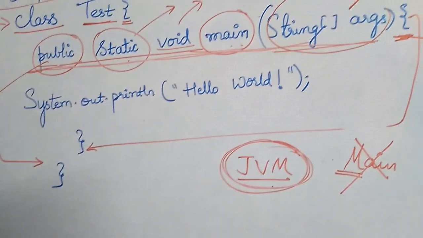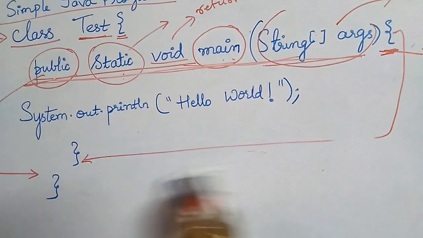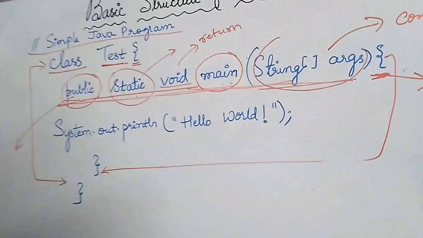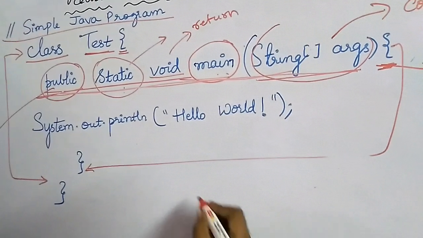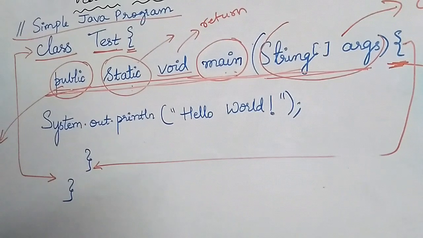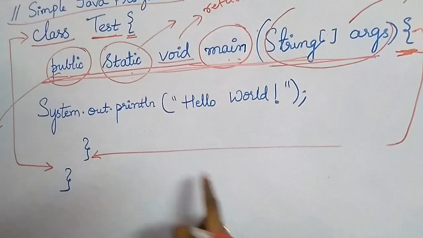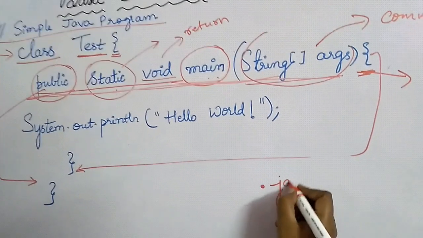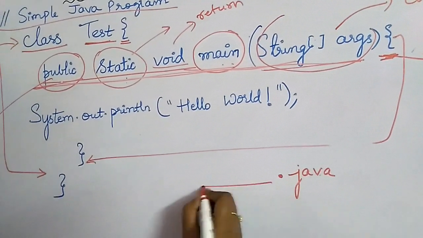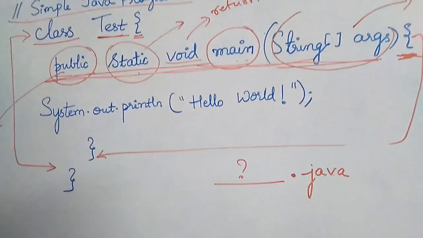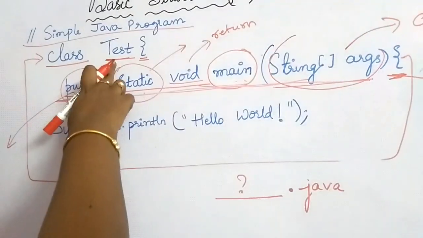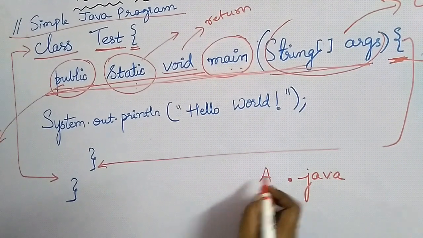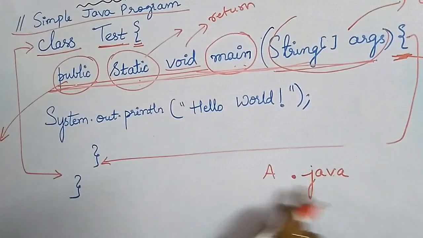And now we'll see what should be the name of the program. So we have successfully written the program, and this program should have a name. This is your file now, and your file should have a name. Whatever the name of the file is, it should have a .java extension. The name of the file can be anything. It needn't be test. It can be whatever you want. I can simply say, name this program as a.java.